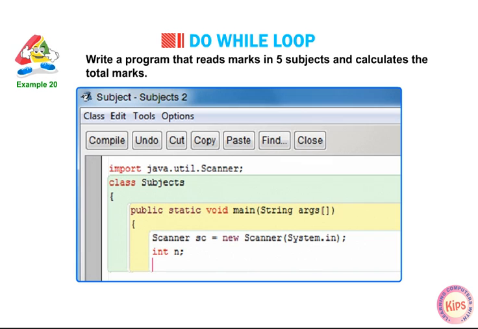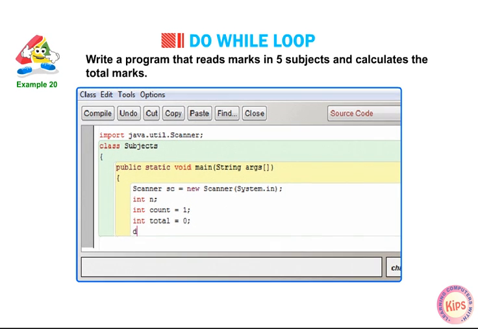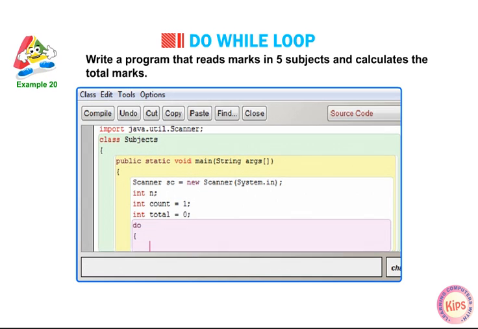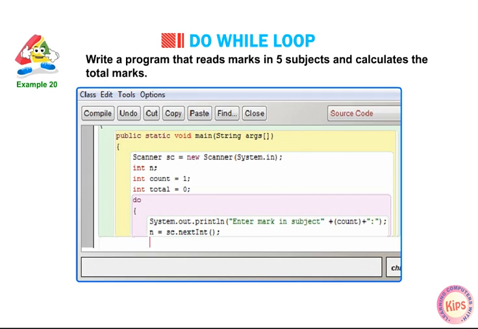int n; int count = 1; int total = 0; do { System.out.println("Enter marks in subject " + count + ":"); n = sc.nextInt();